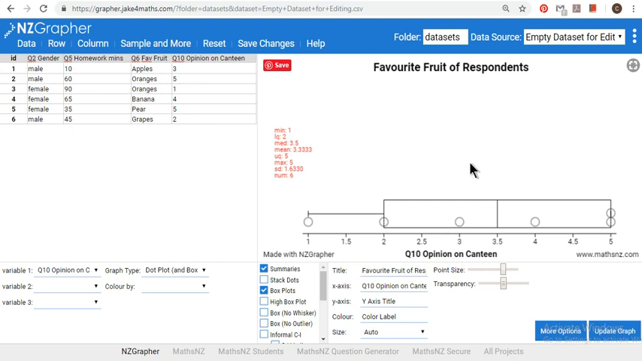You can bring up a graph, and you can write a bit about it as well, about the graph that comes up. So what we'll do is also change the title of that as well. So this is question, we don't need to write down question 10, we can say opinion on canteen. Okay, and then click on update graph,